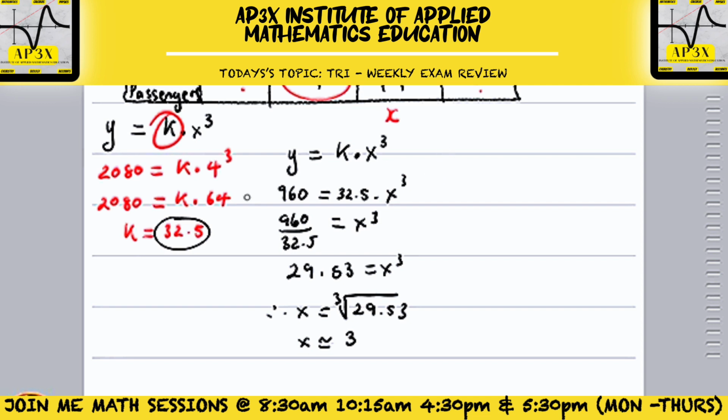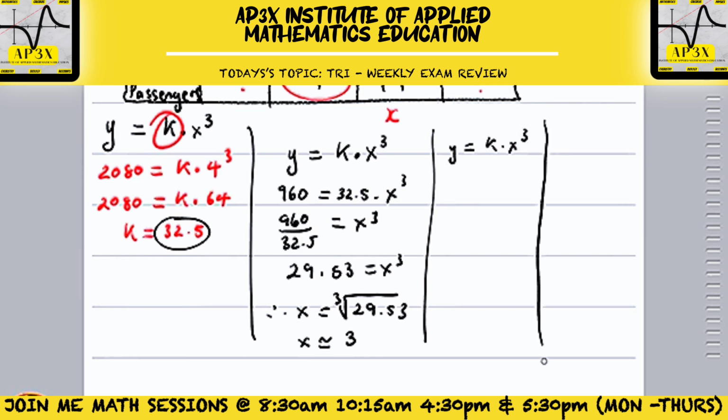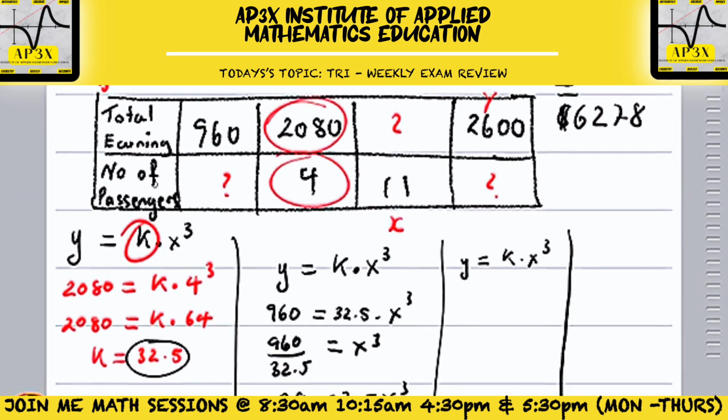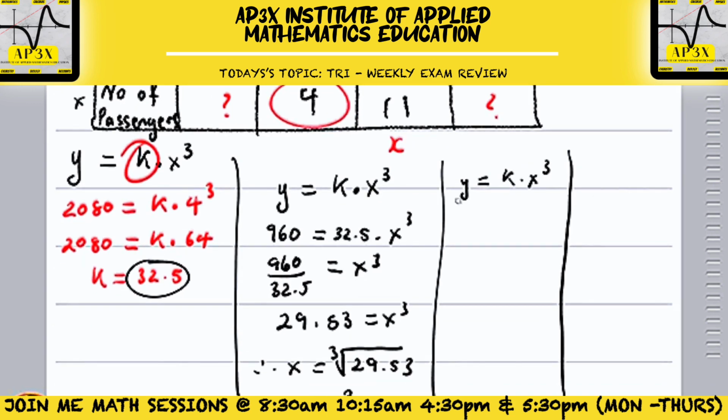All right, once again, let's bar this off. Rewrite our formula: y is equal to k multiplied by x cubed, and then bar this off again. So let's get into it then. We're looking for this column here where we're given the number of passengers, which is x. So now we're given x to be 11 and we are looking for y. So y is equal to